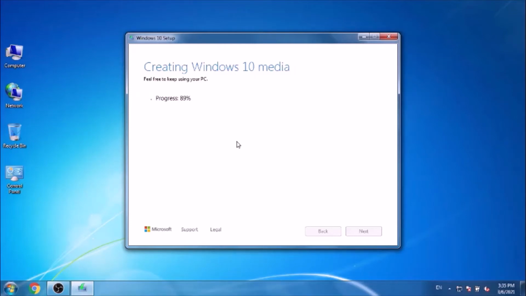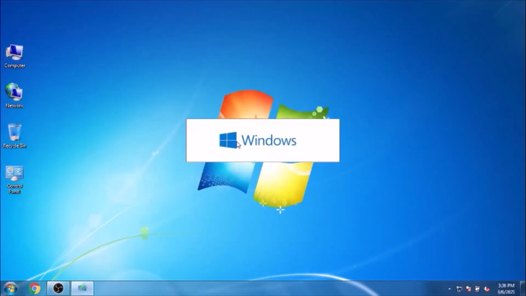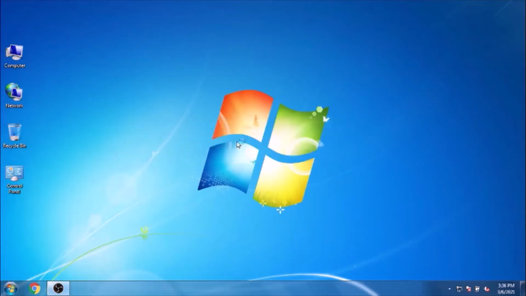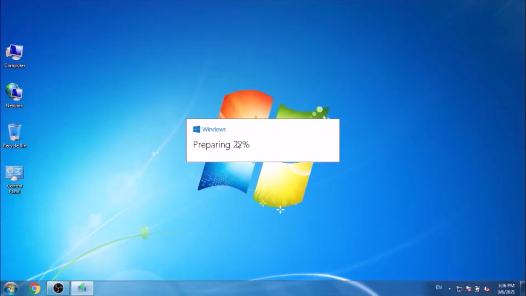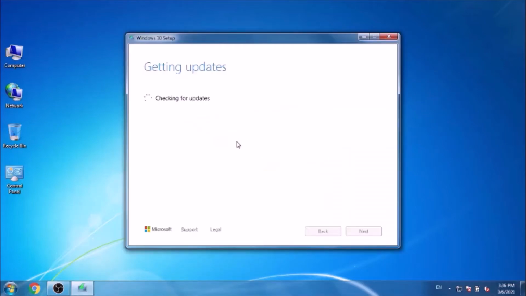Now it has started another process. Now it's preparing to install. Now it's downloading the updates.